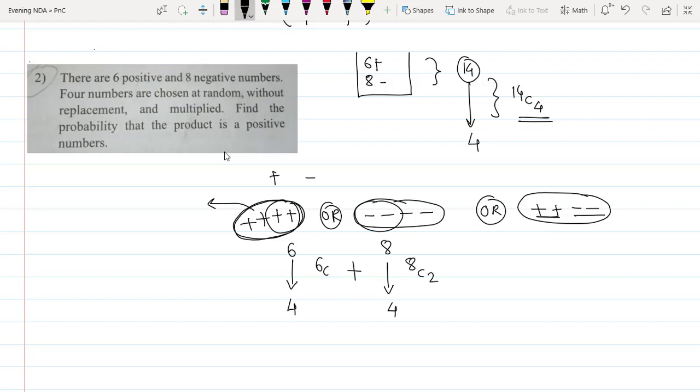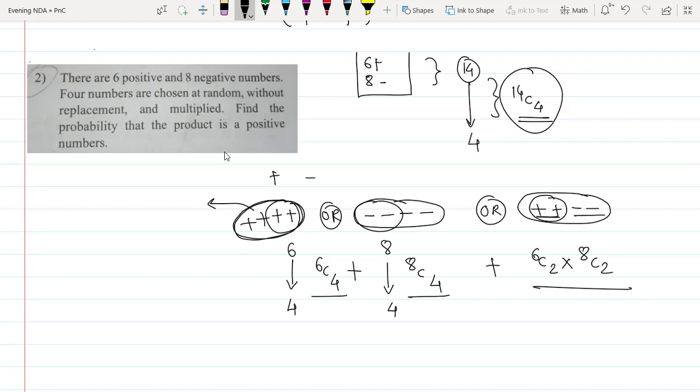Yes, sir. सो ये 6C4 हो गया, ये भी 6C4 हो गया. और how you will draw this, how you will take this? 14C4. No, I want exactly two positive numbers. 6C2 into 8C2. Yeah, excellent. 6C2 into 8C2. This becomes my next third option. So this plus this will give you the answer, divided by this will give you the probability. Are you getting the point, Aditya? Yes, sir. Okay, very good, excellent, good question again.